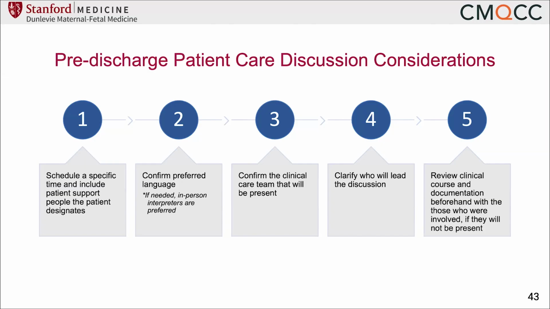So for some hospitals, they've decided that they do this at a particular time. So let's say they round at 8 a.m. So 8 a.m. is when the patient care discussions happen, maybe the day following or 2 days following the event, so that's a standard time that works in some facilities. And other facilities say, hey, we're going to schedule this for 4 p.m. today. It's 8 a.m. now. Please let your patient support people know so that they can be here and be part of that talk and have their questions answered. So we just want to make sure that we don't pop in and do these discussions, but we actually plan them so that the patient can have there who they want there and who would be most supportive.